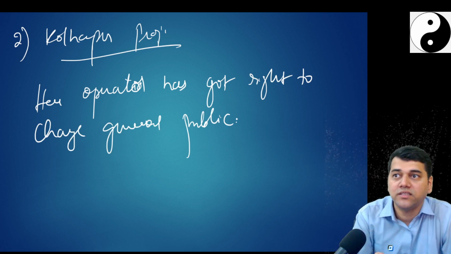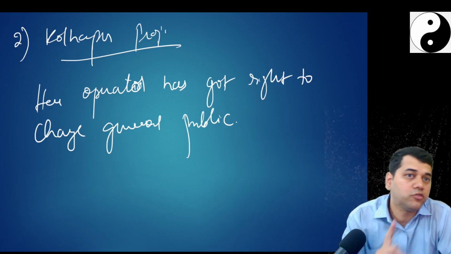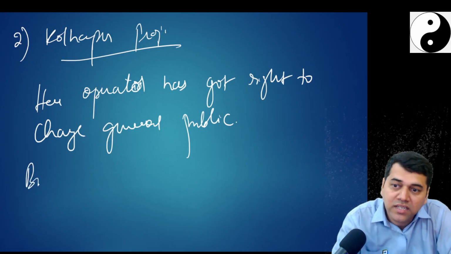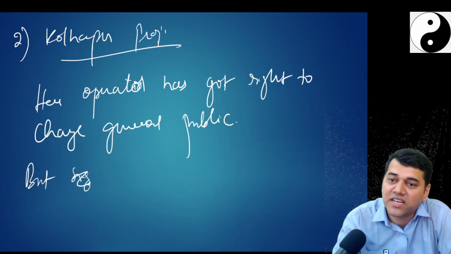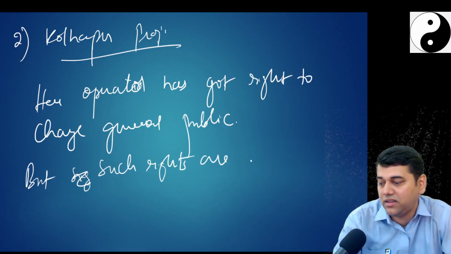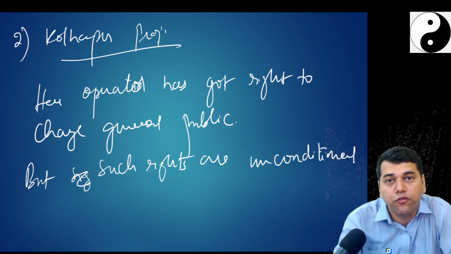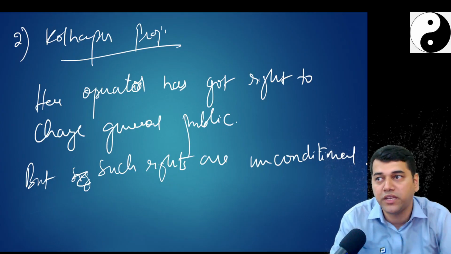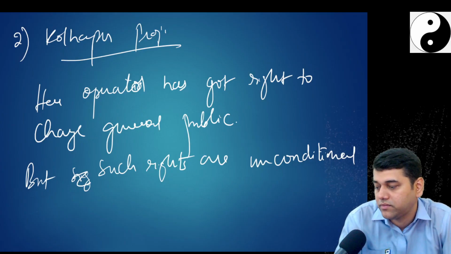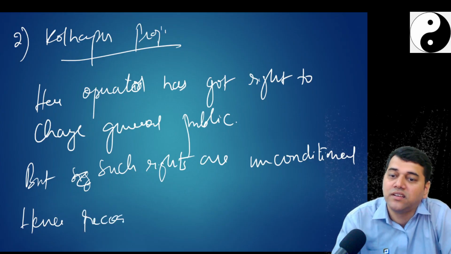In this case, he doesn't have a contractual right to receive cash from the government, but he has got a contractual right to charge the general public. But such rights are unconditional. Can you force the general public to give the money? No, it is pay as per use. Hence, recognize